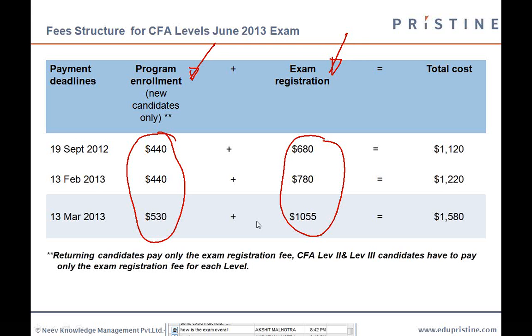Priyambada has a question. Which financial calculator among the two would you recommend? Priyambada, I thought I already answered that. I would definitely recommend the Texas Instruments BA II Plus, if possible the professional version of it. A very good calculator to have. Akshit has a question. Do they have an exam center in Delhi? Yes, they have an exam center in Delhi. No worries.